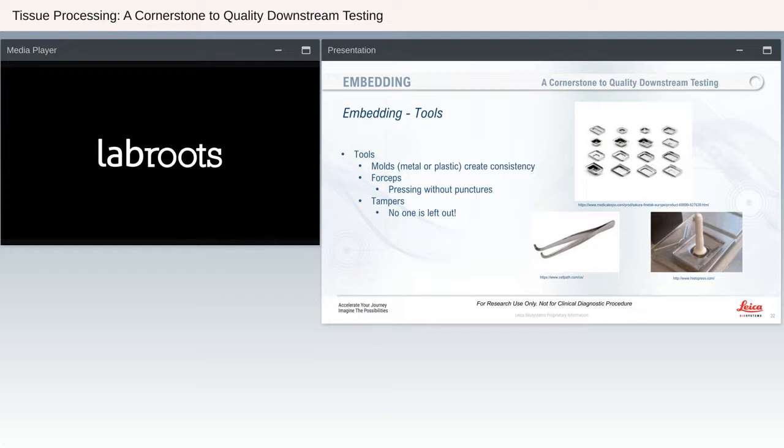Embedding tools are important. As we know, there's a plethora of molds available, whether you would choose metal or plastic. They create the consistency that they need. I personally prefer metal, as I've worked in clinical laboratories, and it makes it a little quicker to pop those molds out. Also, my tool of choice are forceps that are curved so that the ends of the forceps do not create any punctures in the tissue. Otherwise it transfers to the slide, and I'm wondering why there are holes in my tissue. Curved forceps allow you to press firmly on the tissue without creating